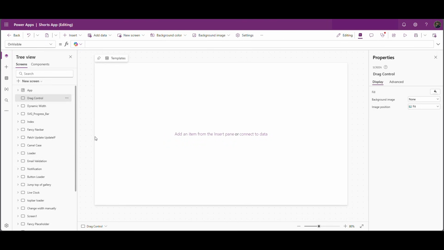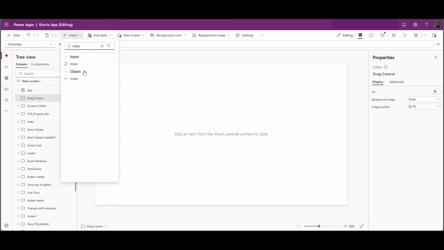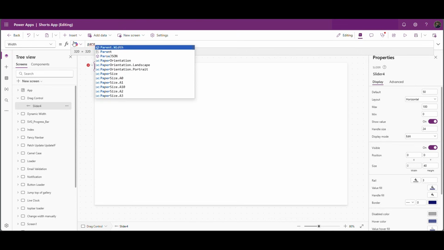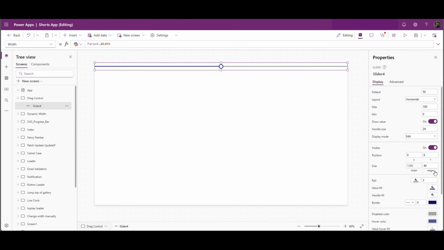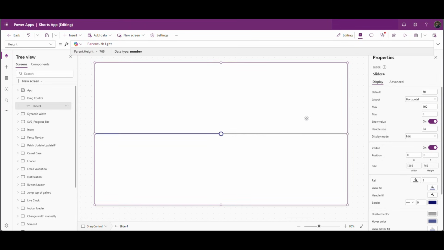In this video, we are going to see how we can build a draggable control. For that, I will utilize slider, classic slider. Yeah, this one, x0, y0, and I will set width as parent width and height as parent height. Yeah, perfect. And the logic is for every millisecond, it will change the layout from horizontal to vertical and vertical